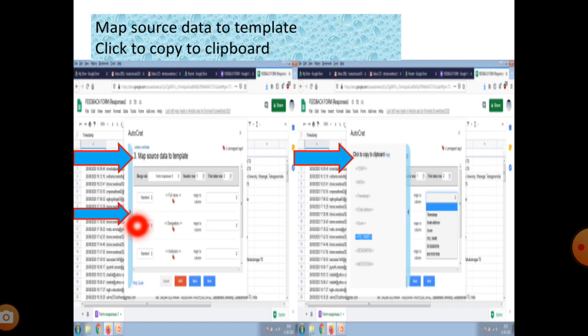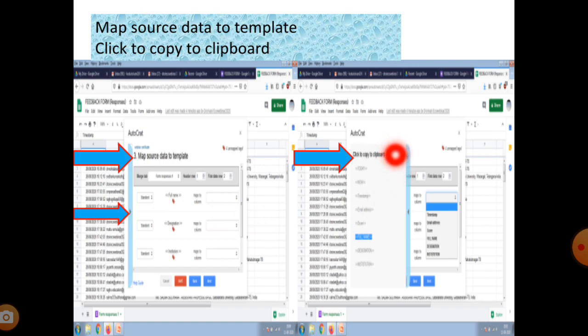Click the small black arrow button. Whatever information you have given in your feedback form is there: email address, full name, designation, institution, place. These are all displayed.